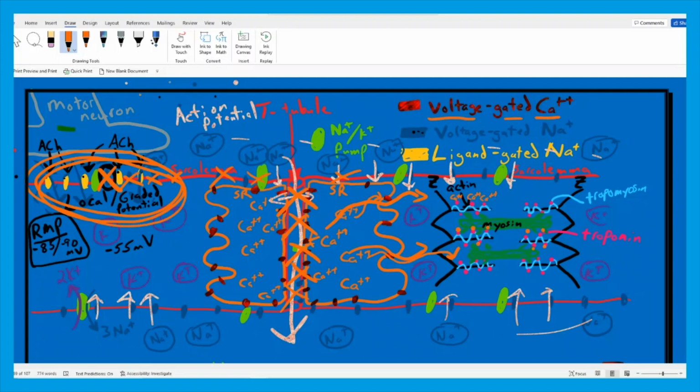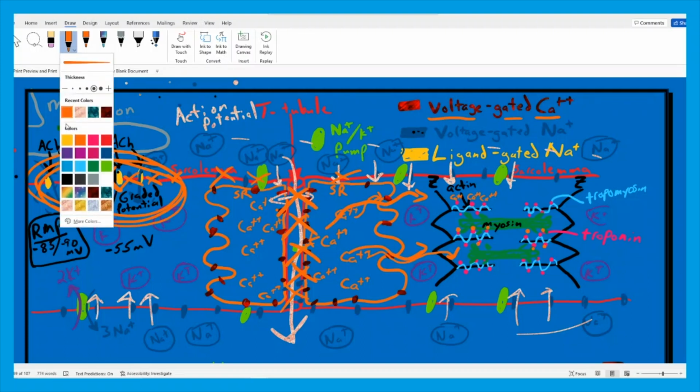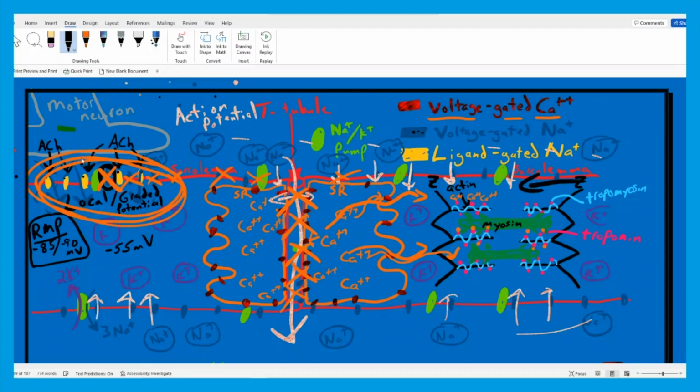Once the active sites on the actin proteins are exposed, then the myosin heads are allowed to grab them and pull them toward the center of the sarcomere, taking up those empty spaces, those sliding filaments, making each and every sarcomere shorter